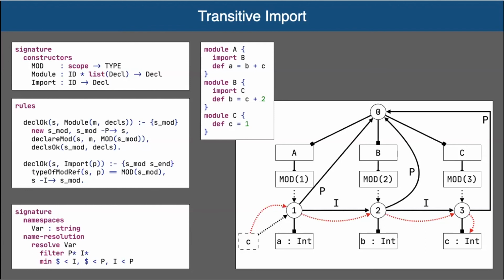All right, so this is the basic idea of statics. It's a logic programming language that has scope graphs as a sort of domain-specific extension, where, as part of solving a predicate, we build up a scope graph and resolve questions in that scope graph. And it's important that this happens in a safe way.